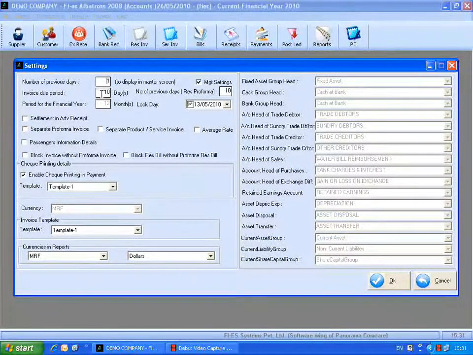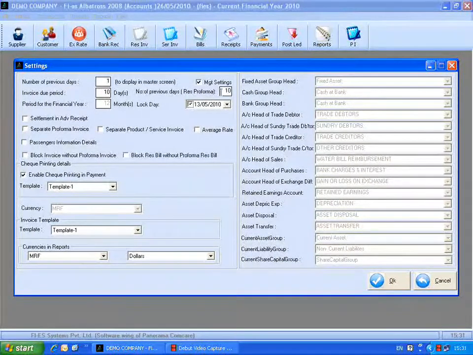This is invoice due period entering field. The due period entered here will be common for all customers, and the due period entered here will be listed in all invoices. The due period provided here plus the invoice date will be the due date for all invoices. And if the customer has a particular due period provided in customer master, then that due period will be considered in invoices. Here we mention the due period days as a common.